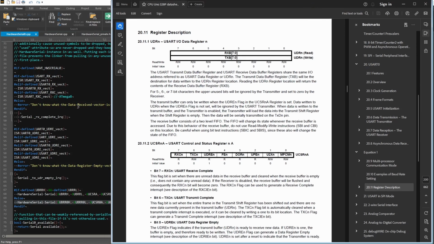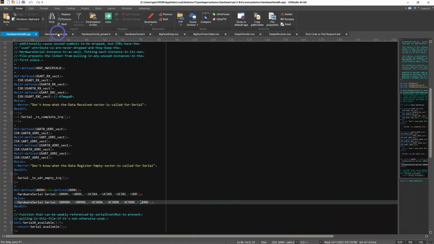Let's make that a bit bigger, we can see it there. So this is where we enter into the code. When the UART or USART takes the data that we've sent to this register, which is the data to be sent to the outside world, it sets the flag, this UDR-E flag, but it also triggers this interrupt if it's configured. And then it calls this TX UDR empty IRQ function, which we already quickly had a look at,